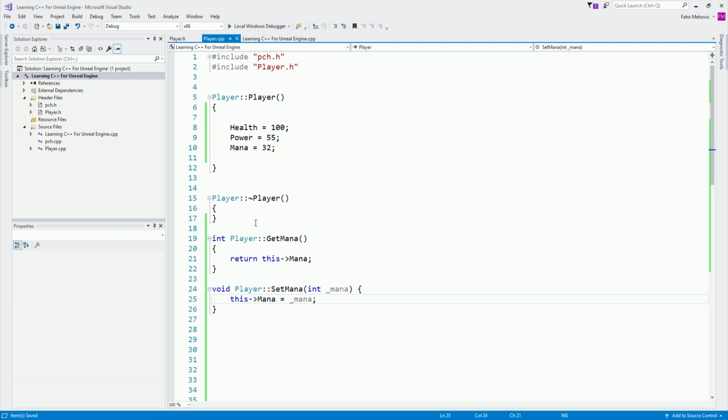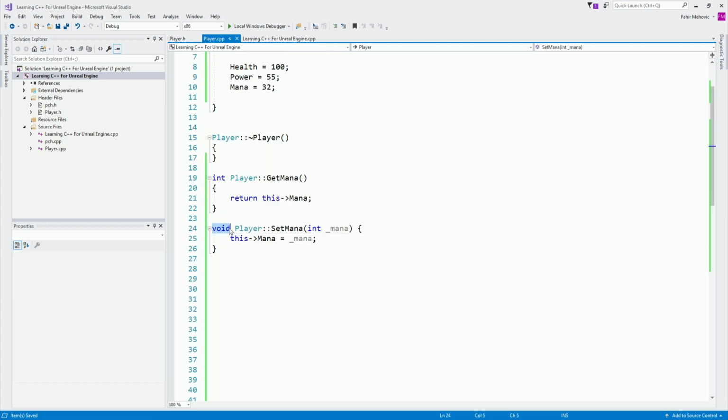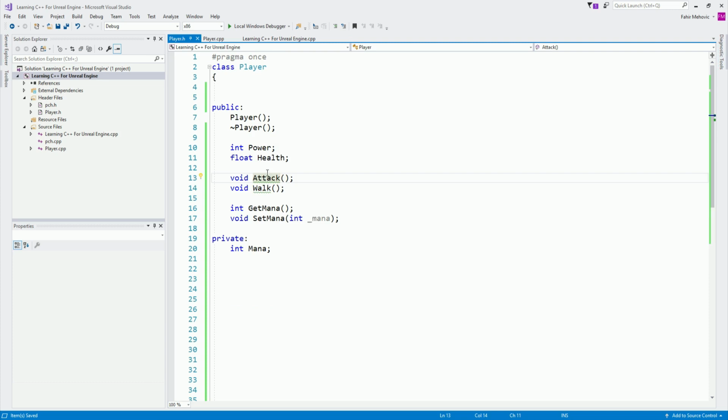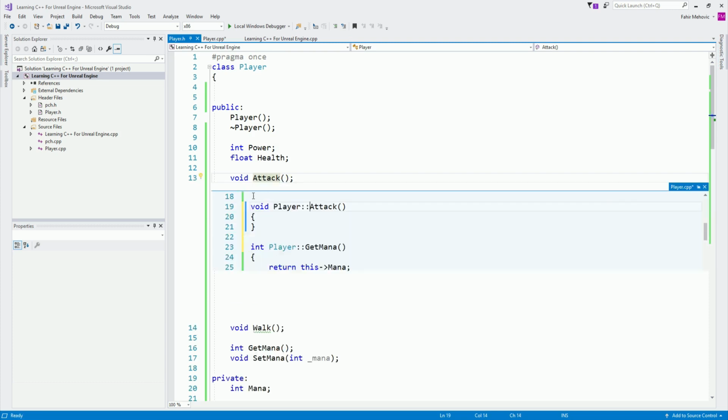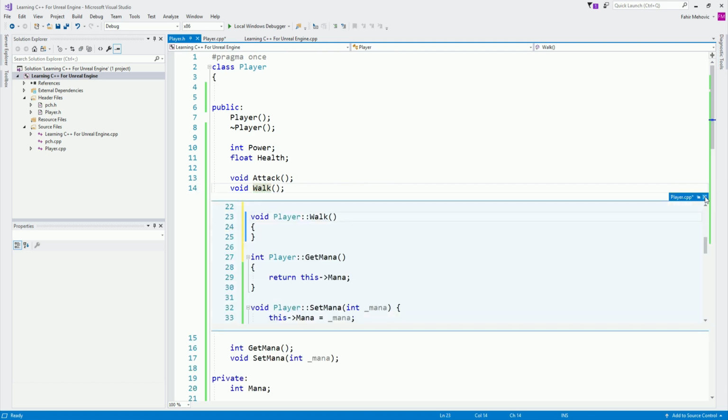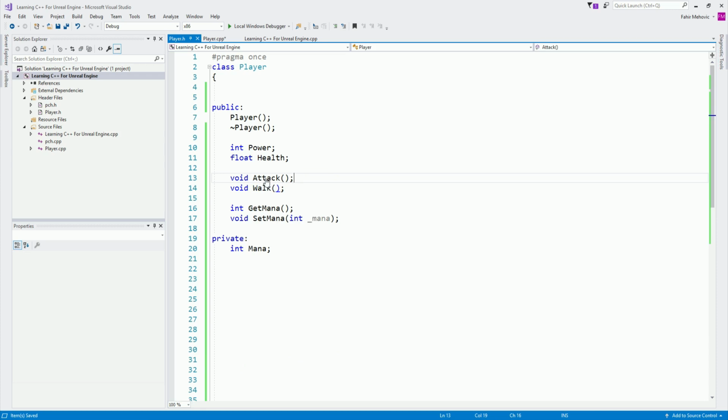You can either do it manually on your own by typing void and then Player:: and then the name of the function, or you can go over here, where I declared these. Right click, quick actions, create the definition. So create the definition for attack and walk.